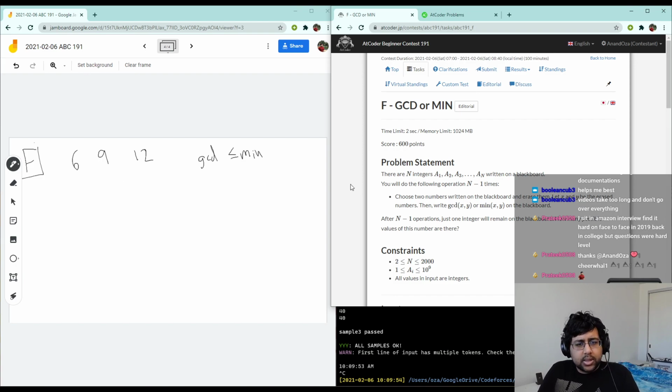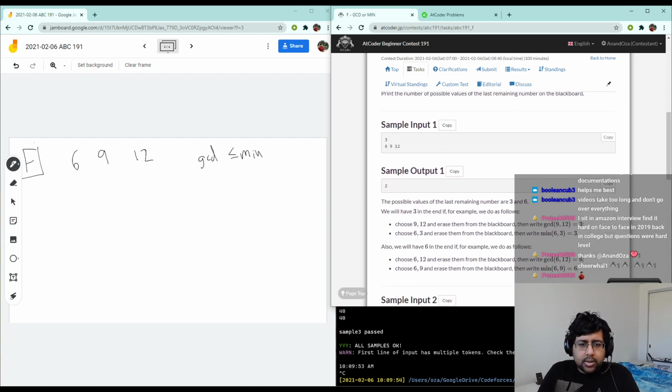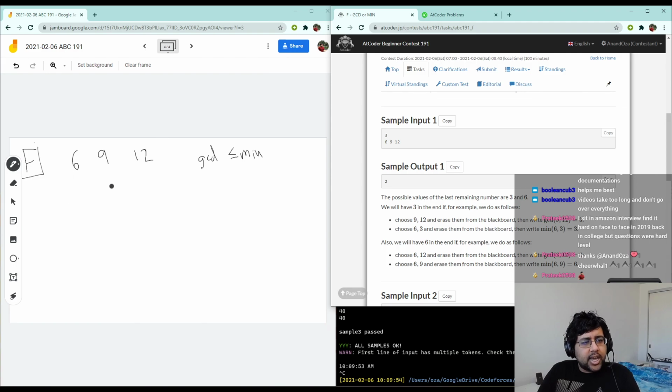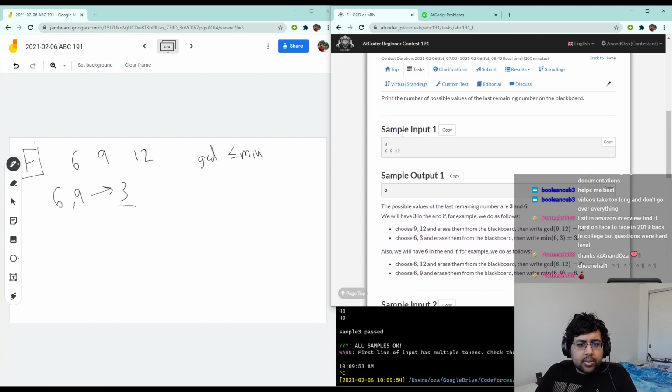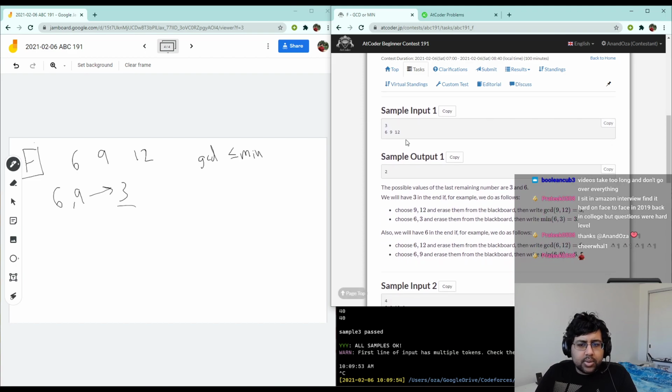In their example here, they're saying you can end with 3 if you take the GCD of 6 and 9 and you get 3, and then you can just take the minimum repeatedly and end up with 3. So I think basically what we want to do is, for all the numbers less than or equal to the minimum, we want to find